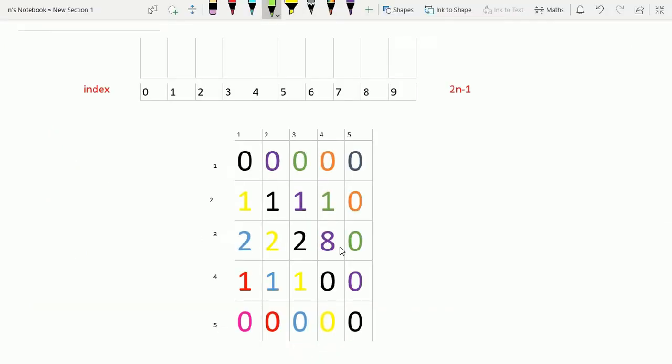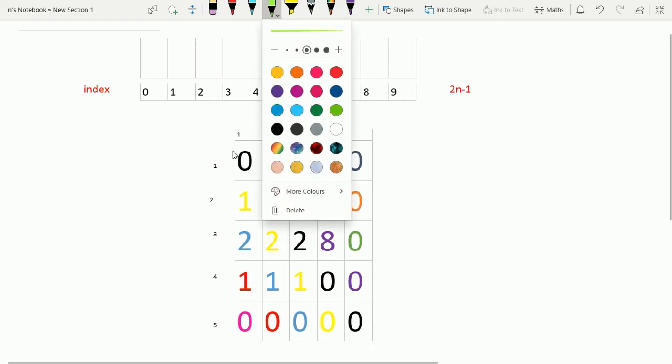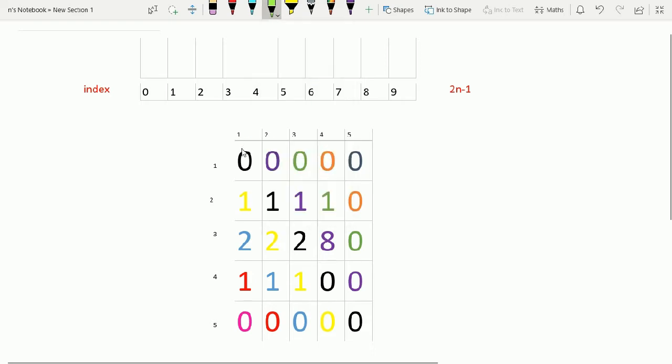So let's say this is our second case. We have a 5 cross 5 matrix. Here every color shows the total value. Here the maximum possible value is 9. We are going to store this value in the form of a one dimensional array. So for an n cross n matrix we can store it in an array of length 2n minus 1.